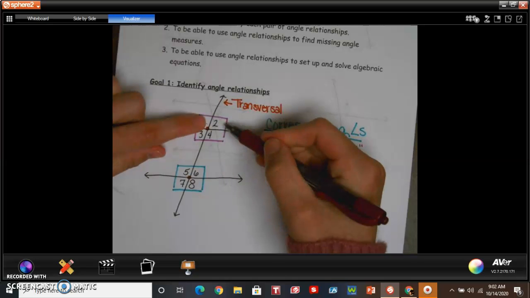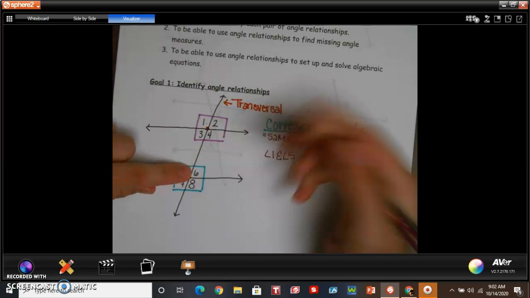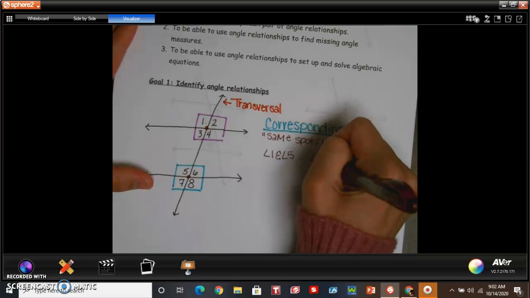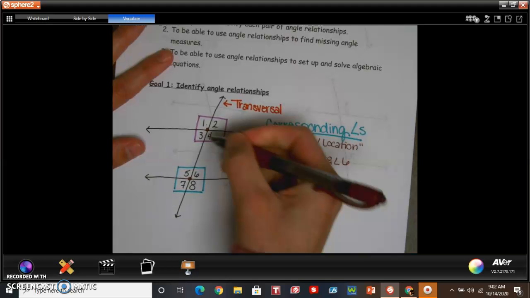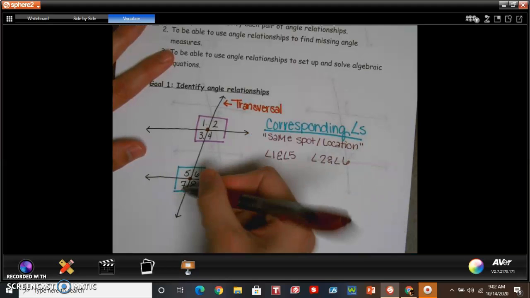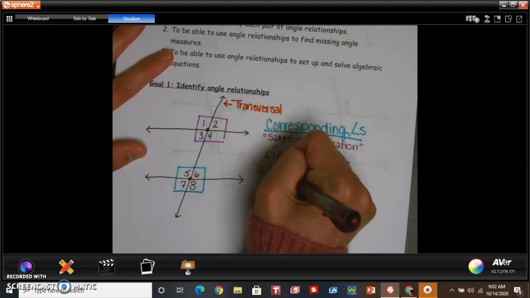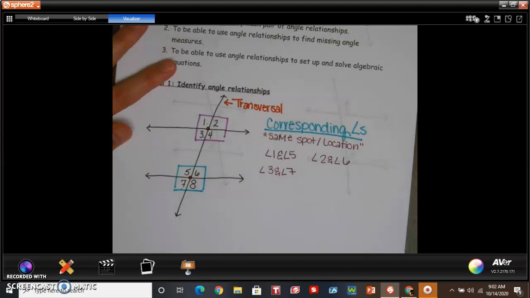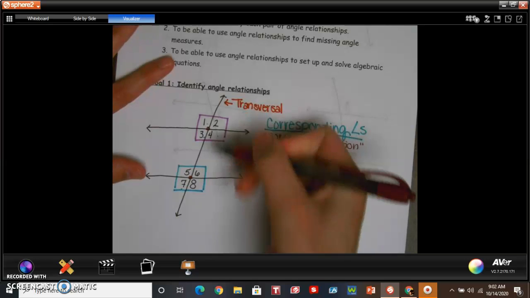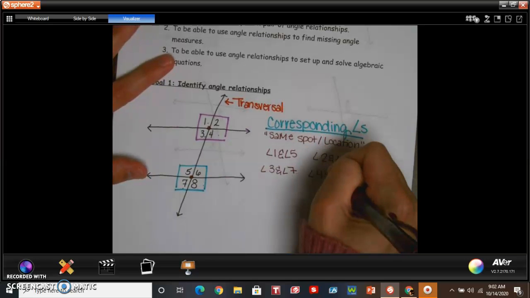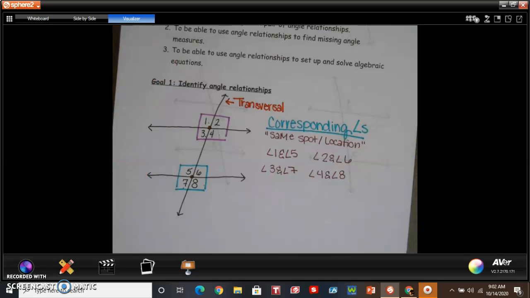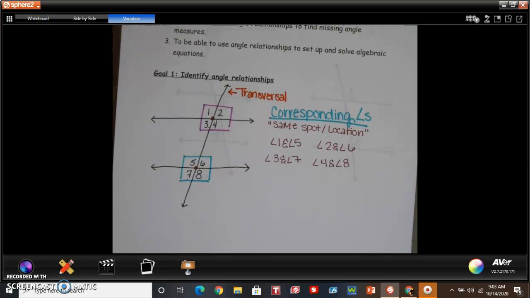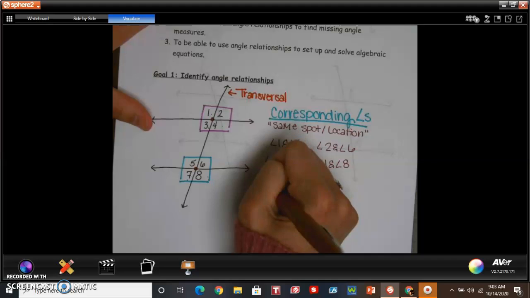All right, see how 2's in the top right here? 6 is in the top right here. They're matching. They would be in the same spot / same location. They are corresponding. See 3? It matches up with 7. So angle 3 and angle 7 are in the same spot / location. And 4 and 8. They are also corresponding. All right? Corresponding. Our next angle relationship we're going to talk about is alternate